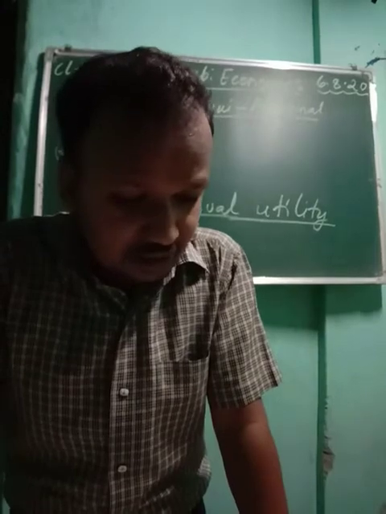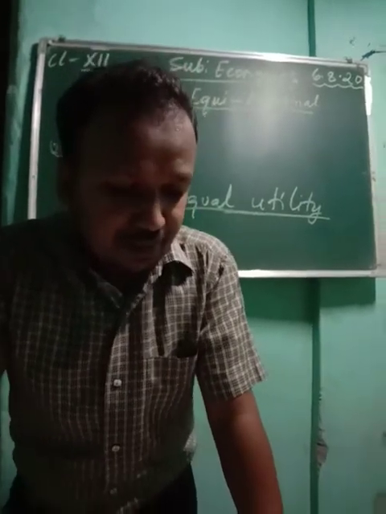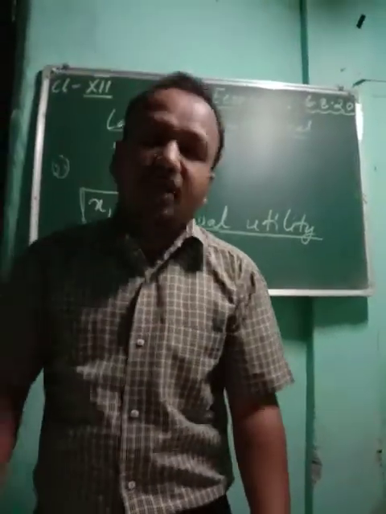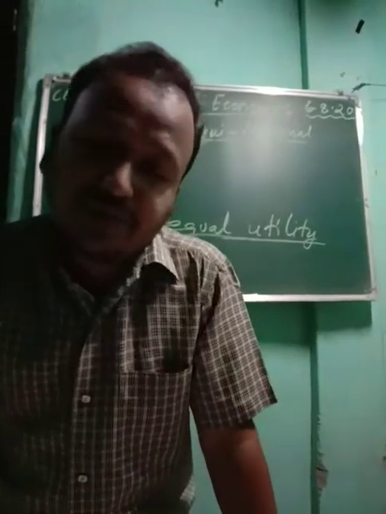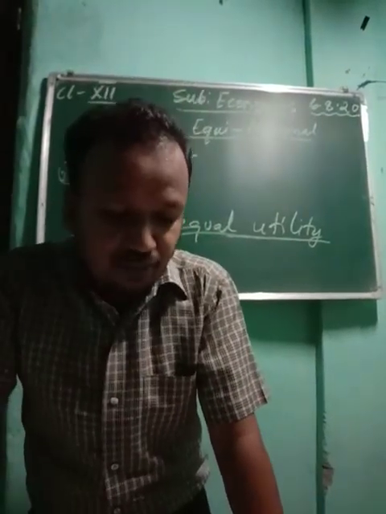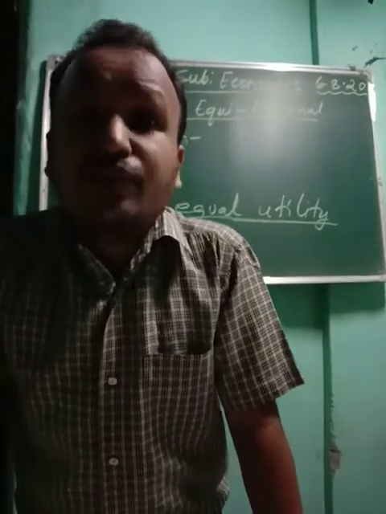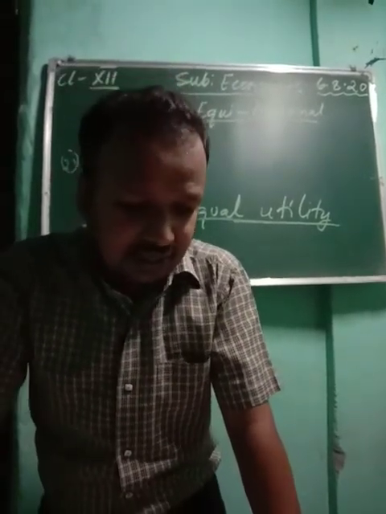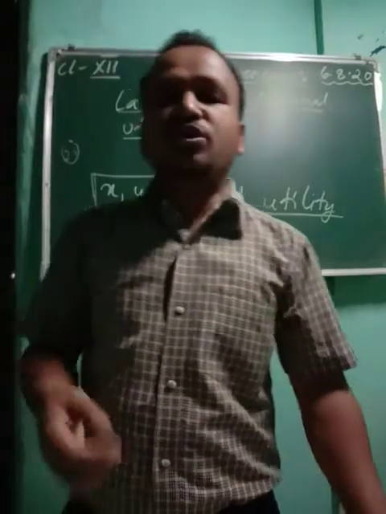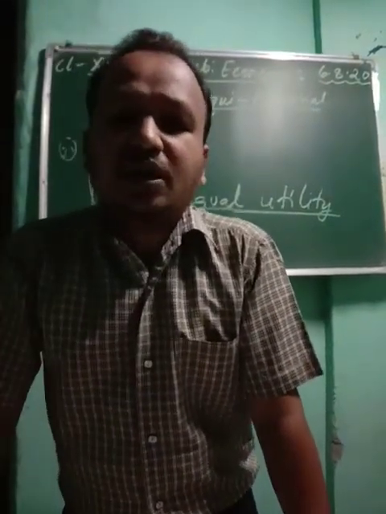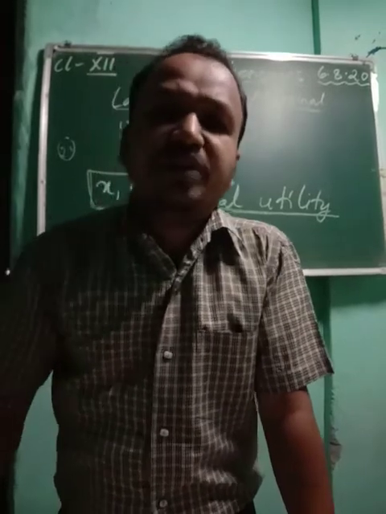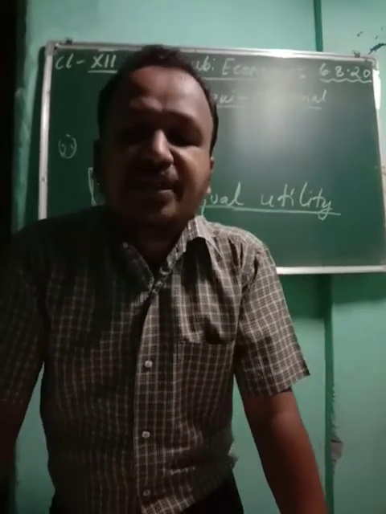So you see here he's going to spend his income on two different commodities. The prices of the two commodities will be given, and from both the commodities he is going to get equal satisfaction. In the single commodity case you have seen that a person was spending on a single commodity. So how did a consumer get equilibrium when the price of the commodity and the marginal utility